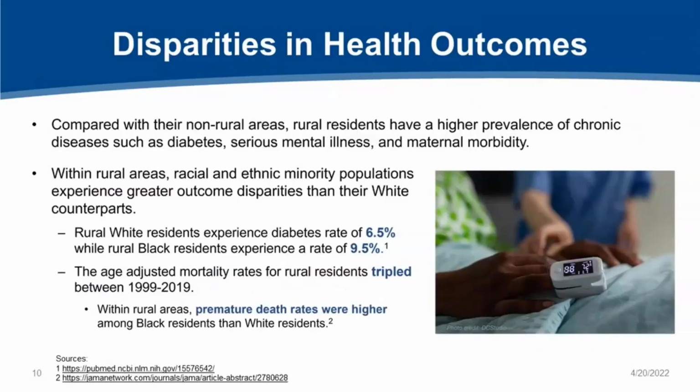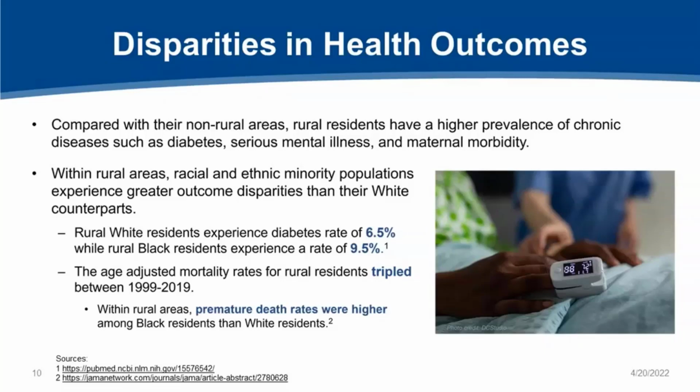These healthcare challenges contribute to some pretty significant disparities in health outcomes for rural Americans. For example, rural residents have a higher prevalence of chronic diseases such as diabetes, serious mental illness, and maternal morbidity. Furthermore, within rural areas, racial and ethnic minority populations experience disparities in outcomes when compared to their white counterparts. For example, rural white residents experience diabetes at a rate of 6.5%, whereas rural Black residents experience diabetes at a